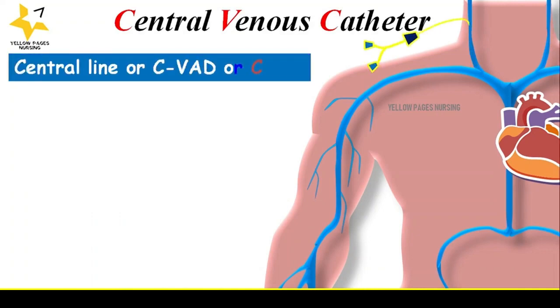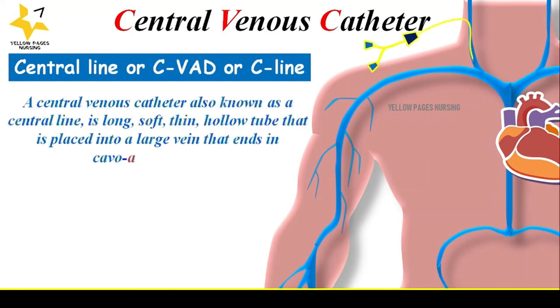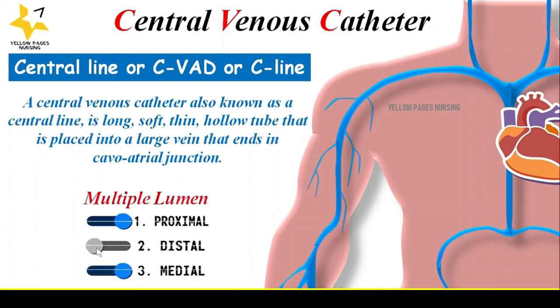Known as central line, CVAD, or C line. A central venous catheter, also known as a central line, is a long, soft, thin hollow tube that is placed into a large vein that ends in a cavo-atrial junction. Cavo-atrial junction is nothing but the junction of the superior vena cava and the right atrium. A central line has multiple lumens that may be double or triple, and they are named as proximal, distal, and